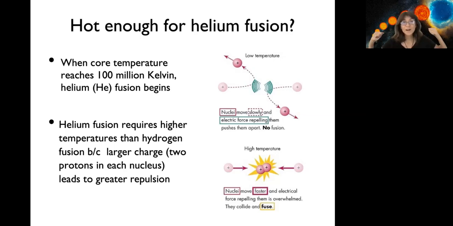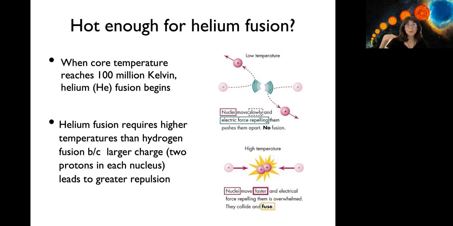So it's a lot harder to get 2 helium nuclei to actually come in contact than to get 2 hydrogens to come in contact. Does that make sense? So the more charged particles you have, the harder it is to get them to come together. So for that reason,